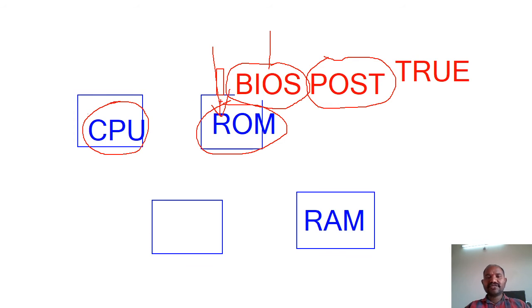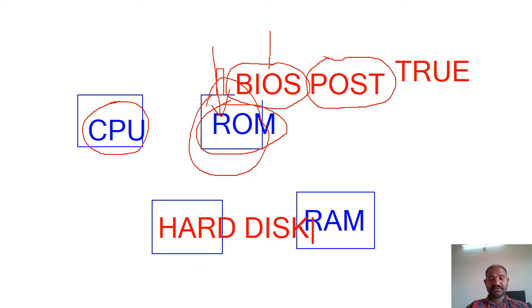Within this small ROM device, is it possible to hold the operating system? The operating system sizes are around 3.9 GB nowadays, and more than that also. As the 3.9 GB is not going to be stored inside the permanent memory, during the installation process that particular one is going to be stored inside the hard disk.